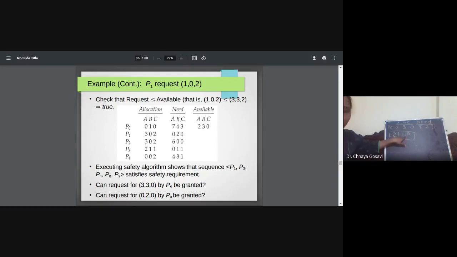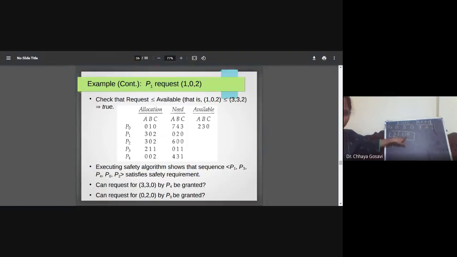So you go to P2. Now P0 is waiting, P1 is also waiting. Requirement of P2 is 600, available is 210. You cannot grant. Go to P3. Requirement is 011 and available is 210.